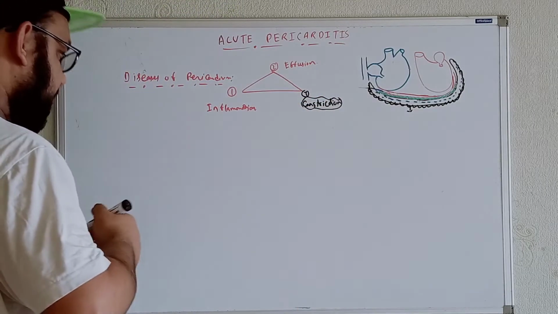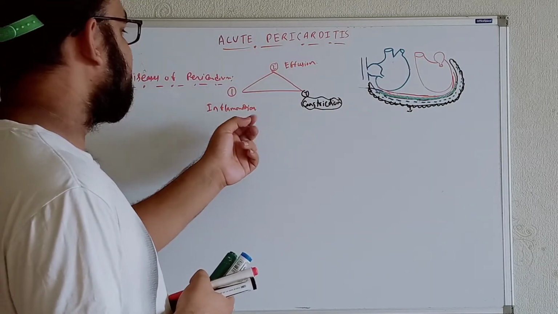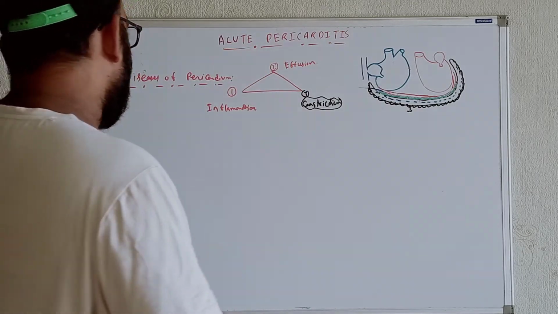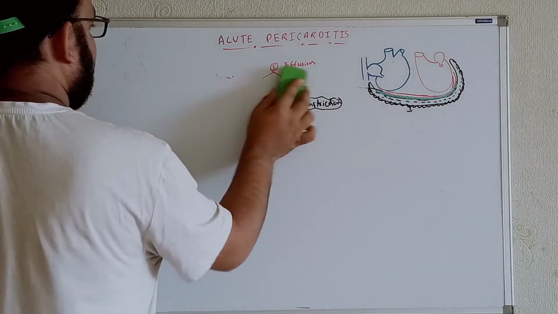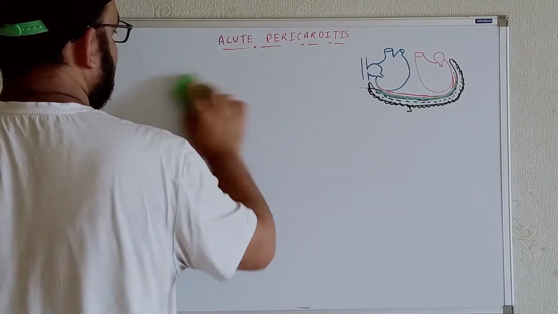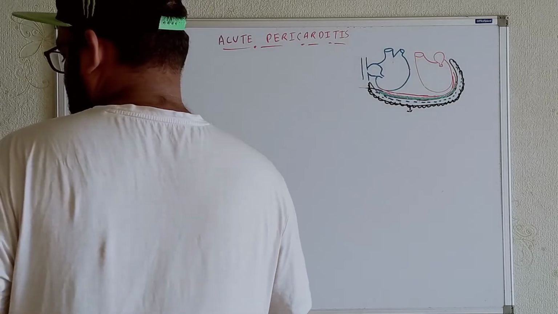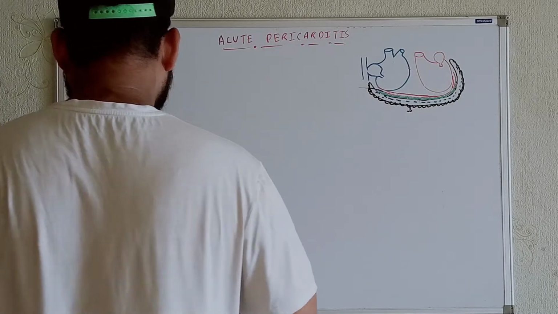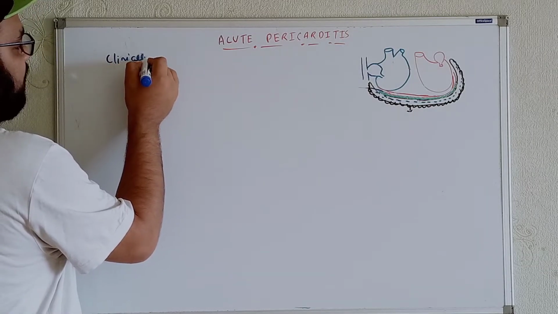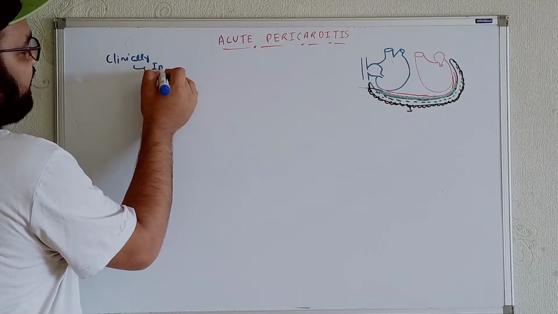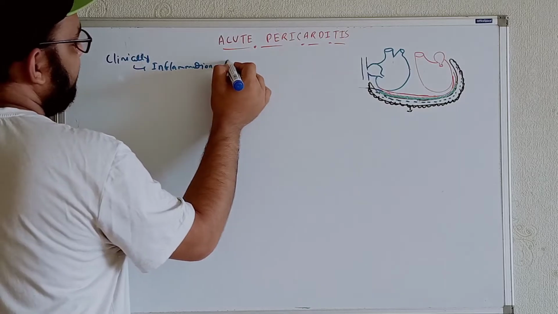Now today's topic is inflammation, so I'll talk in detail about acute pericarditis. Now, whenever we say inflammation, that means inflammation of the pericardium, and that is known as pericarditis. Clinically, as far as the clinical aspect is concerned, we can classify the inflammation of the pericardium, that means pericarditis,